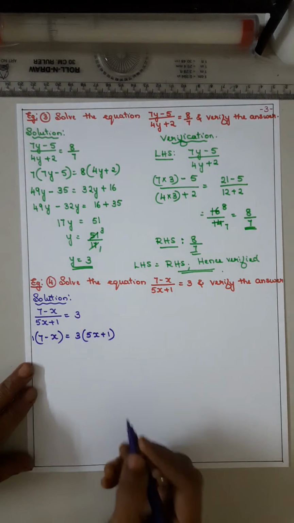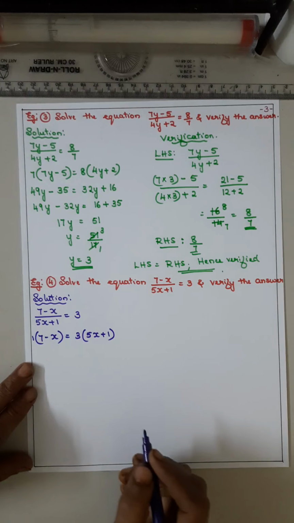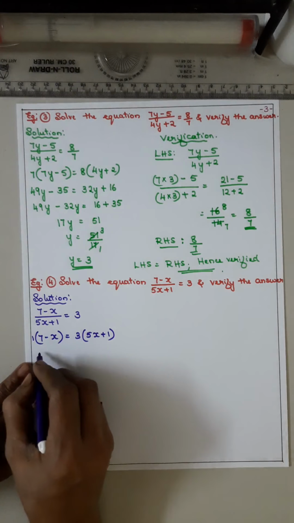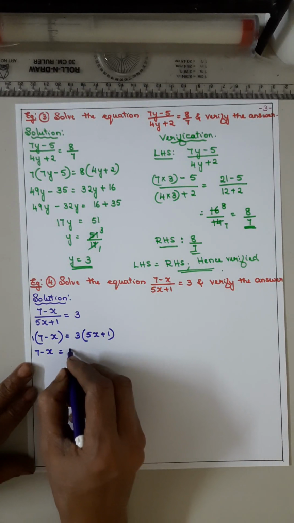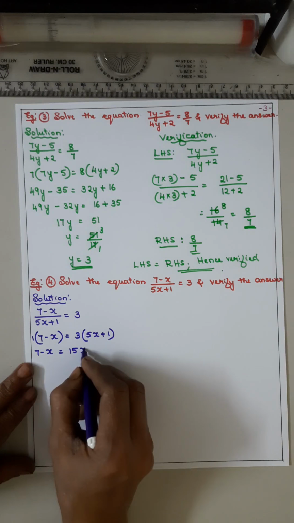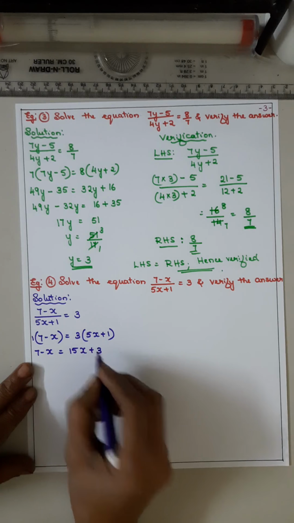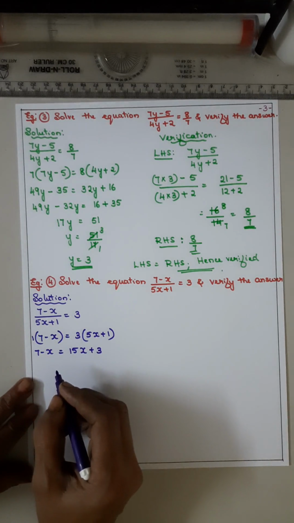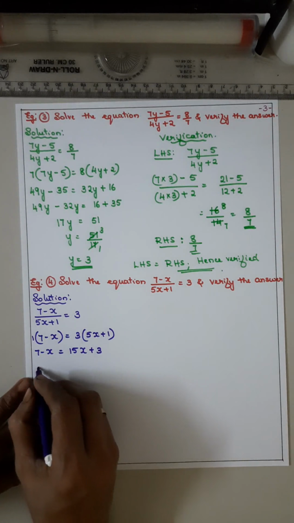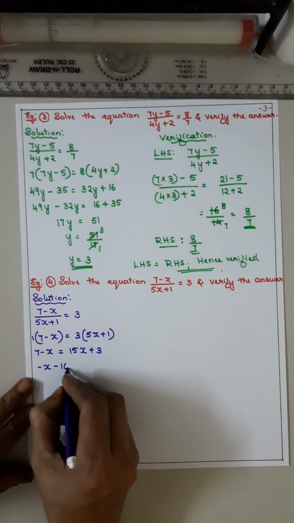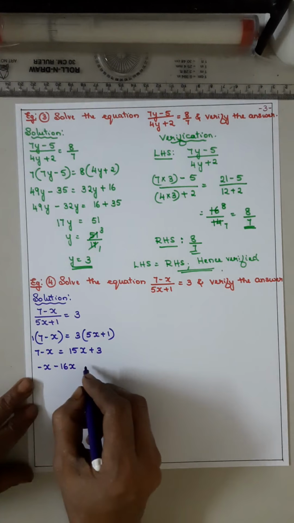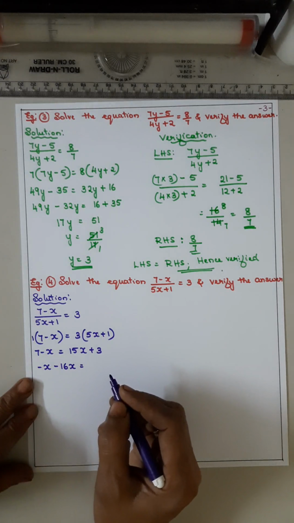Now from where did 1 come? The denominator. Okay, we are not writing it. So it becomes 7 minus x is equal to 3 5s are 15x plus 3 1s are 3. Now x you bring to the left, minus x plus 15 becomes minus 16x is equal to